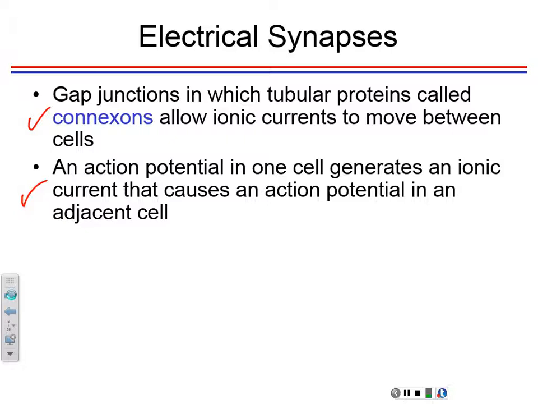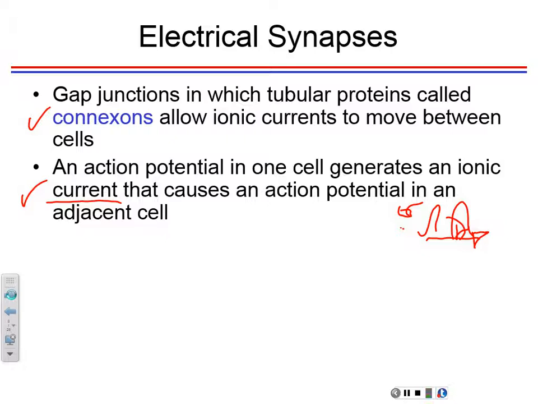Okay? Because the part of the membrane that's going through the action potential is in refractory period, the current will affect the next part of the membrane so that the impulse only goes in one direction. Okay, so those are the currents we're talking about here. The action potential happens here, and then the current will go back and forth like that, but this side is not going to respond to any more stimulus because it's in refractory period. So the impulse will only go this way, and then another action potential will be generated in the adjacent cell.